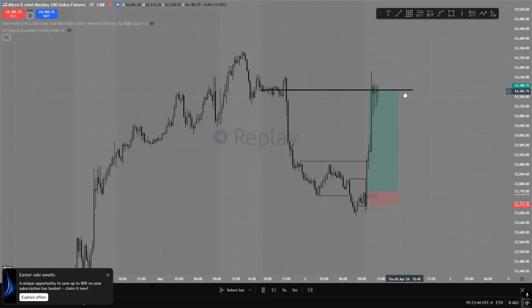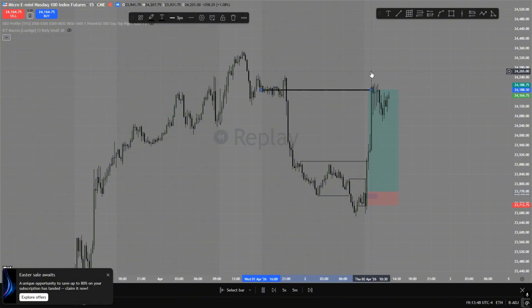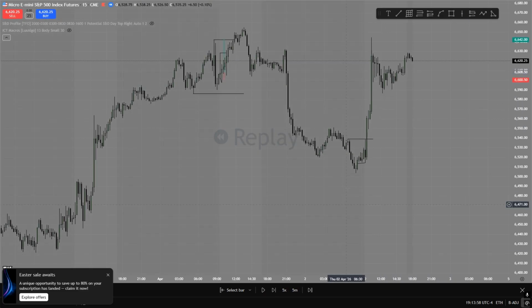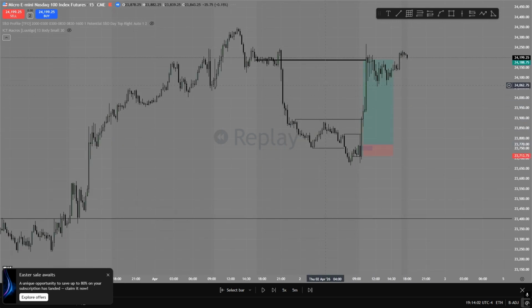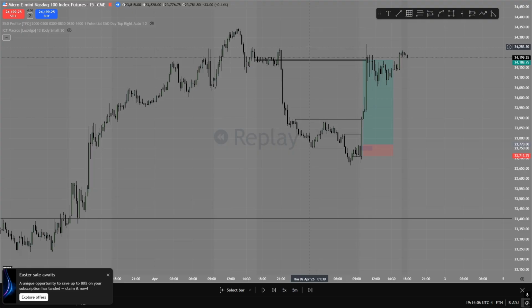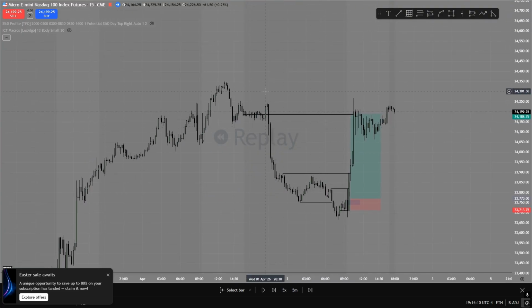Then we pump, and after we pump, this is at 10:30. After this, I'm like, okay, this is absolutely done for on the day. I'm just expecting low quality price action to remain after we make the morning move, and we just see a chop fest. So it was good recognition to just leave it and say, okay, my opportunity wasn't presented.